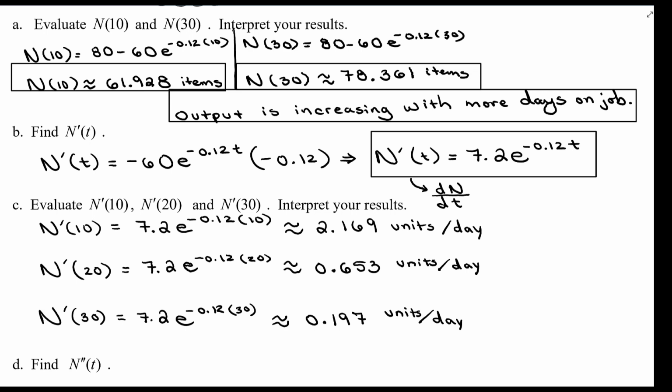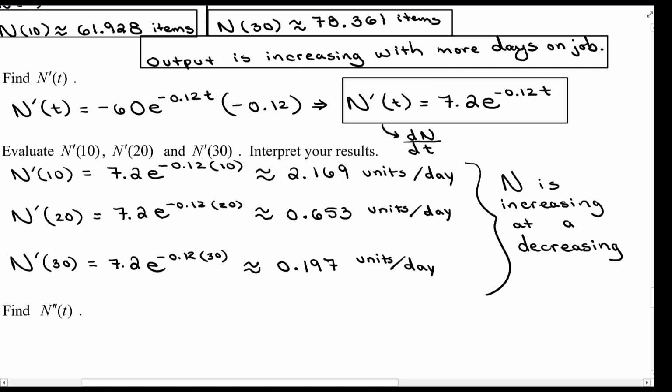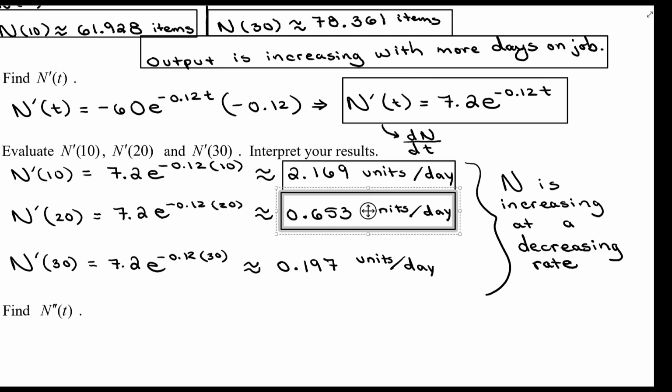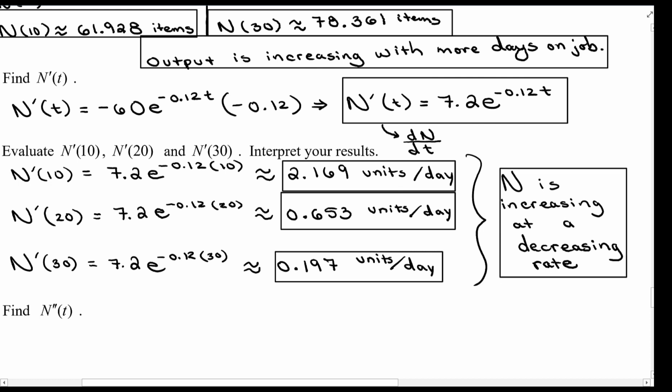Although n is increasing with the higher amount of working days, the units per day that are being created are decreasing. So n is increasing at a decreasing rate. So let's go ahead and box in our answers for these. We're going to box in each one of those values that we got when we evaluated n prime of 10, n prime of 20, and n prime of 30. And we're also going to box in our interpretation of the results, which was n is increasing at a decreasing rate. All right, let's go on, and we're going to move on to part C, where we need to find